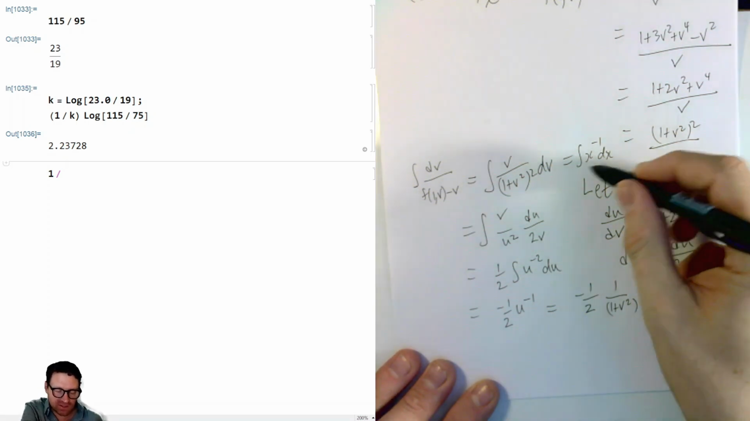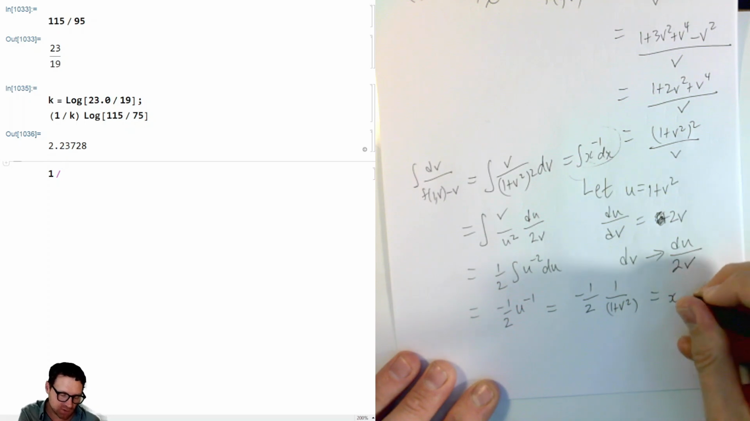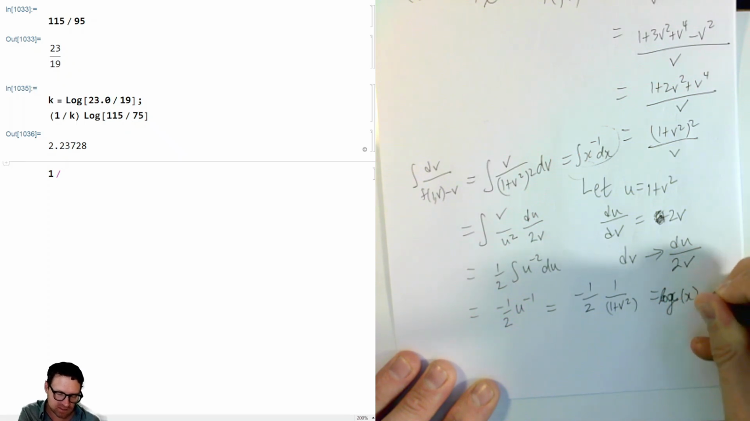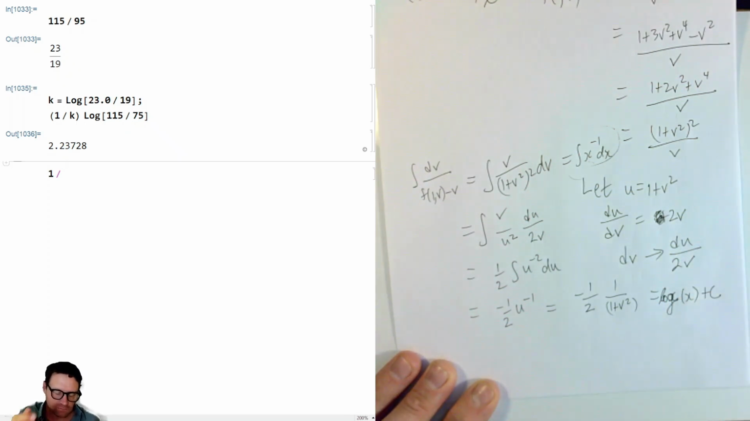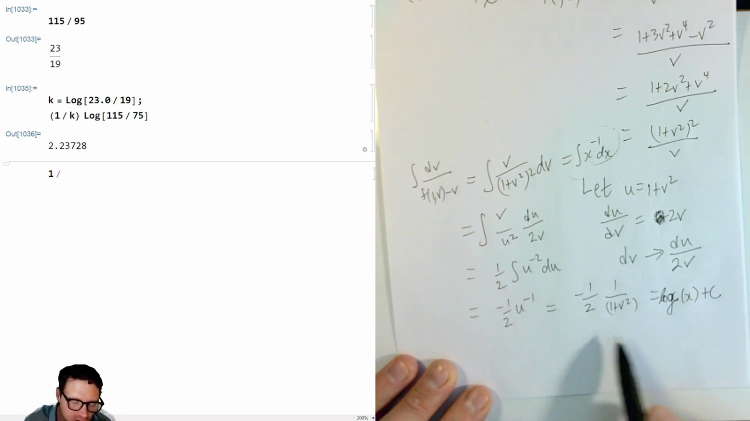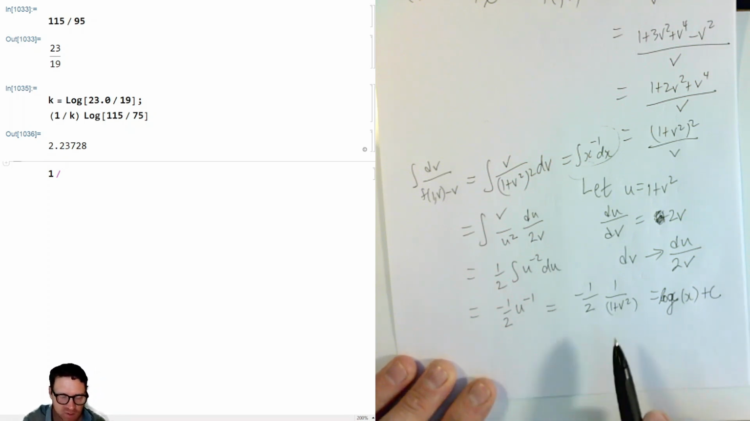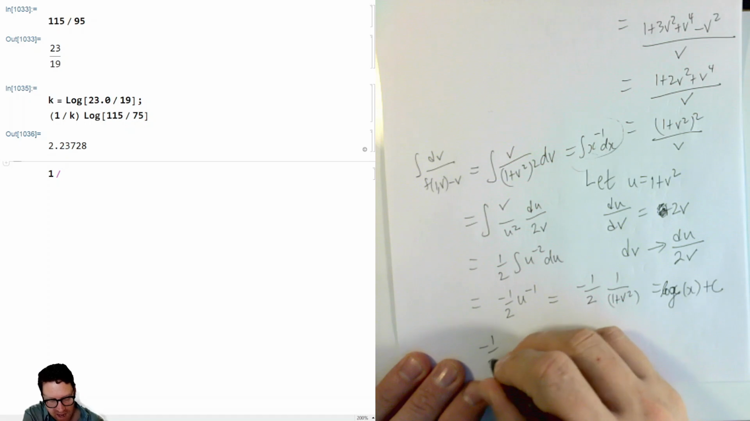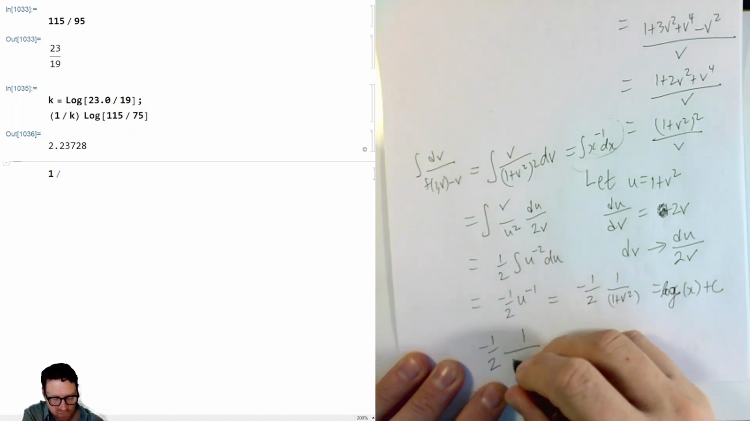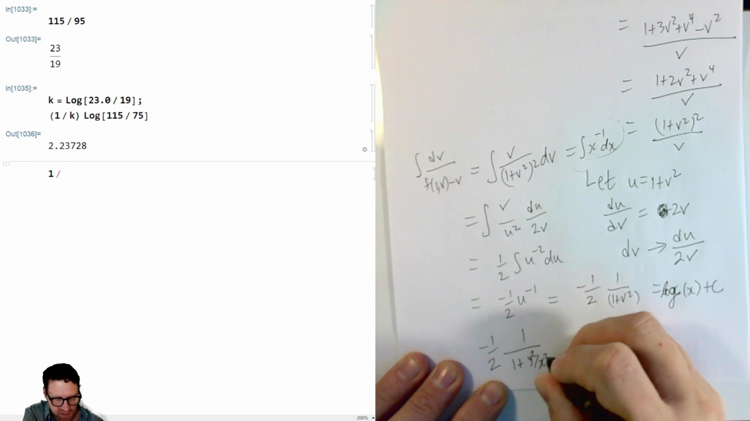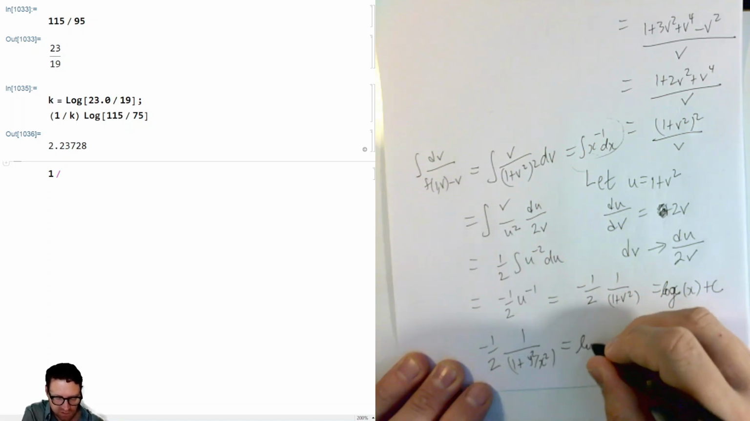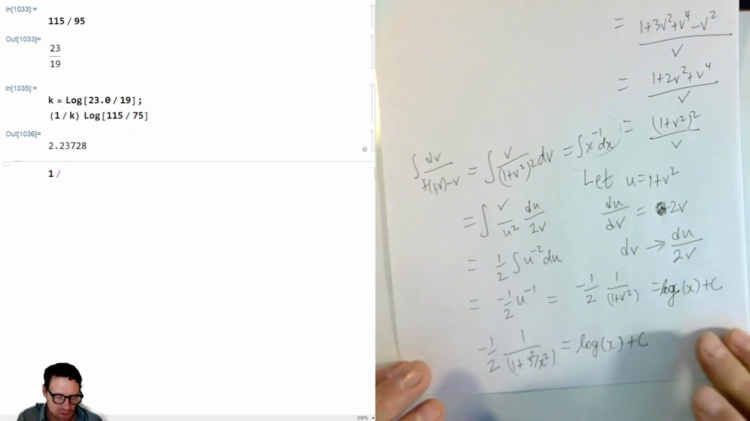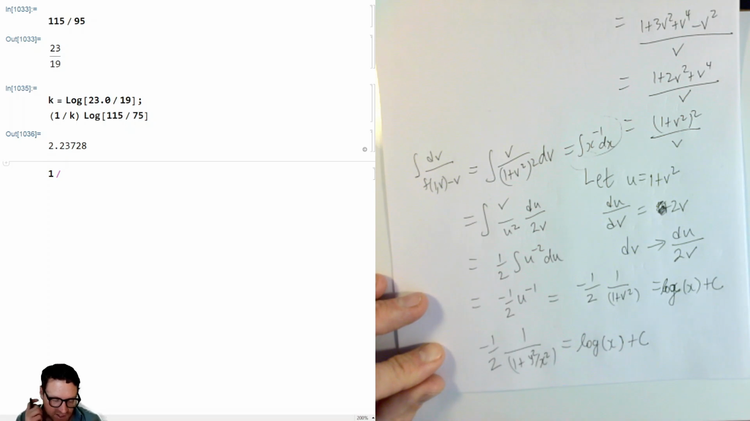and that's equal to the integral of x to the minus 1. So we have log of x plus c. And so now we have a relationship between v and x, but we know that v is y over x. So that gives us minus a half 1 over 1 plus y squared over x squared is equal to log of x plus c. And so we can multiply top and bottom of this fraction